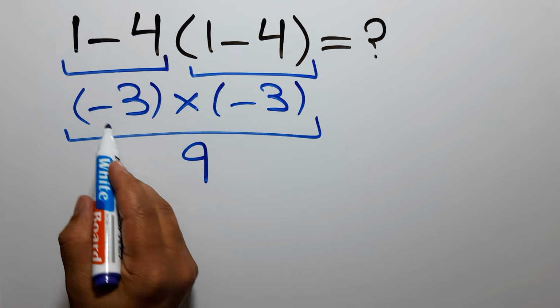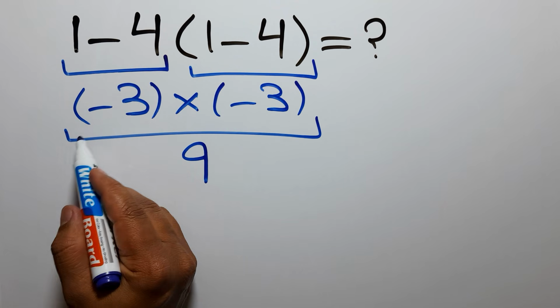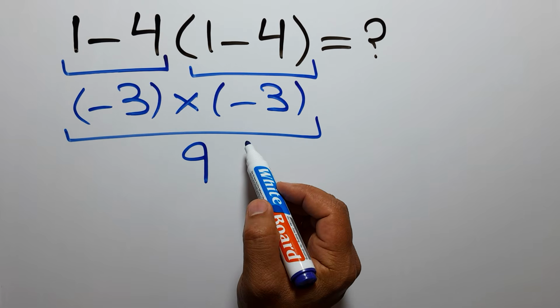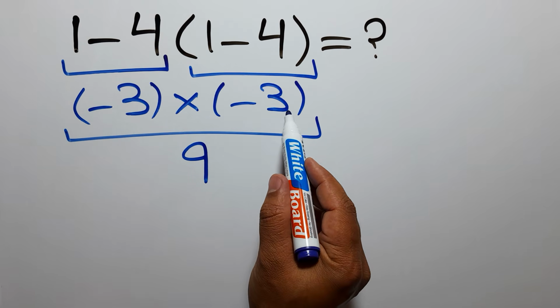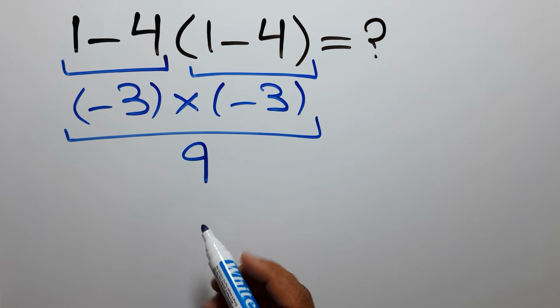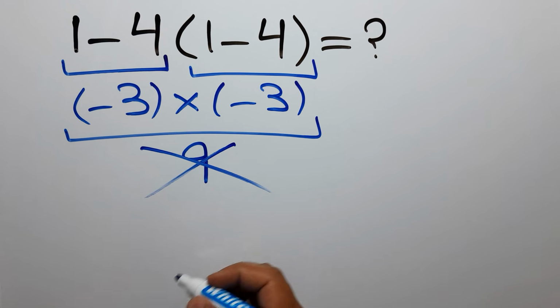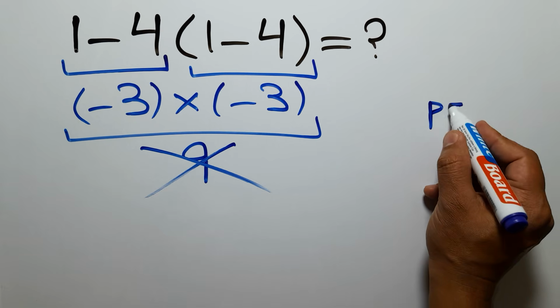1 minus 4 gives us negative 3. And again here inside this parentheses we have 1 minus 4. So we have negative 3 times negative 3, which equals 9. But this answer is not correct, because according to the order of operations, which is PEMDAS,